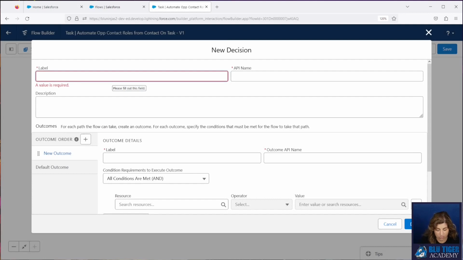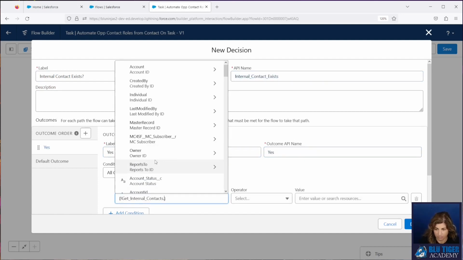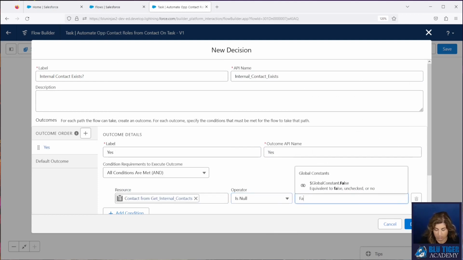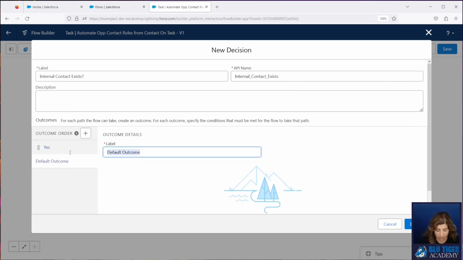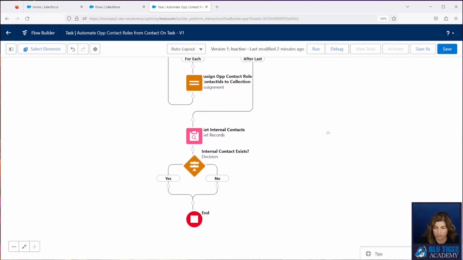And our decision is going to look for our internal contact to exist. So our Get Contacts element is null is false. Okay, so we have our decision there.